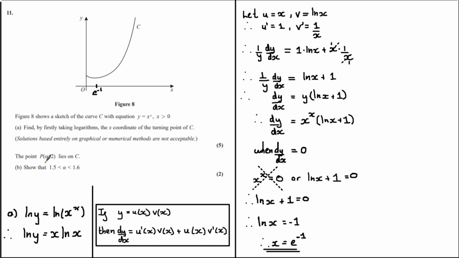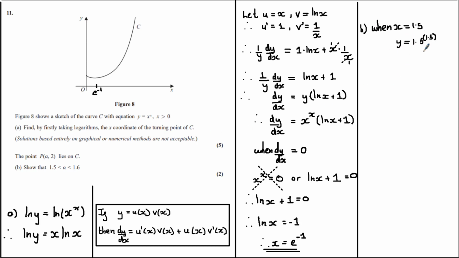So alpha is the x-coordinate of P that lies somewhere on this curve C, and we need to show that this x-coordinate of alpha is between these values 1.5 and 1.6. So let's see what happens when we substitute 1.5 into this equation. So when x is equal to 1.5, subbing this into this equation, we get that y is equal to 1.5 raised to the power of 1.5, which is equal to 1.8 and so on. And that value is less than 2, which is the y value we get when we substitute alpha into this